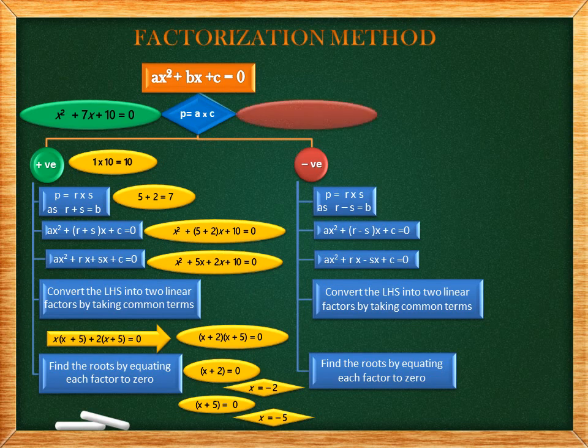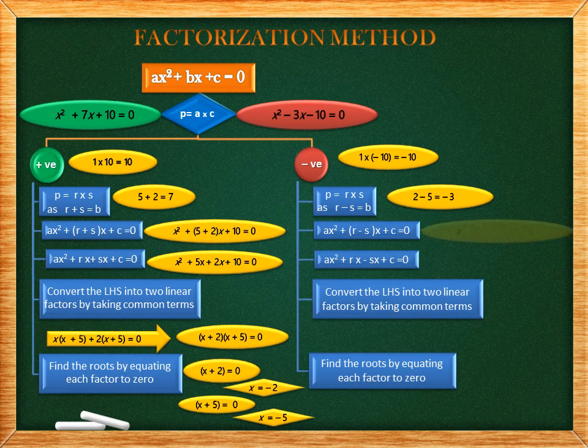Now let's see this also with the help of an example. Our example is the equation x square minus 3x minus 10 is equal to 0. Here we can see the product of a and c is 1 into minus 10, that is equal to minus 10. Now we will find the factors of 10 such that their difference is equal to b. Here b is minus 3. So we have two factors 5 and 2, as 2 minus 5 is equal to minus 3. So this is the condition. Now we will replace b by 2 minus 5 in the equation.